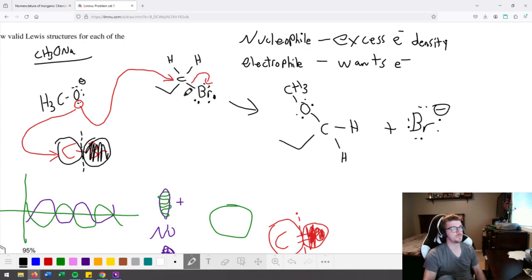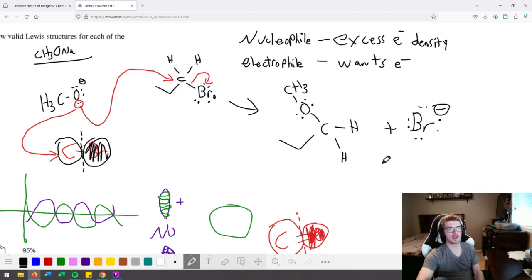And this is for a couple reasons. So it fills this antibonding orbital, breaks that bond, which is good because we cannot have 5 bonds to carbon. That would break the octet rule, and it's not allowed for things like carbon. And it kicks off this